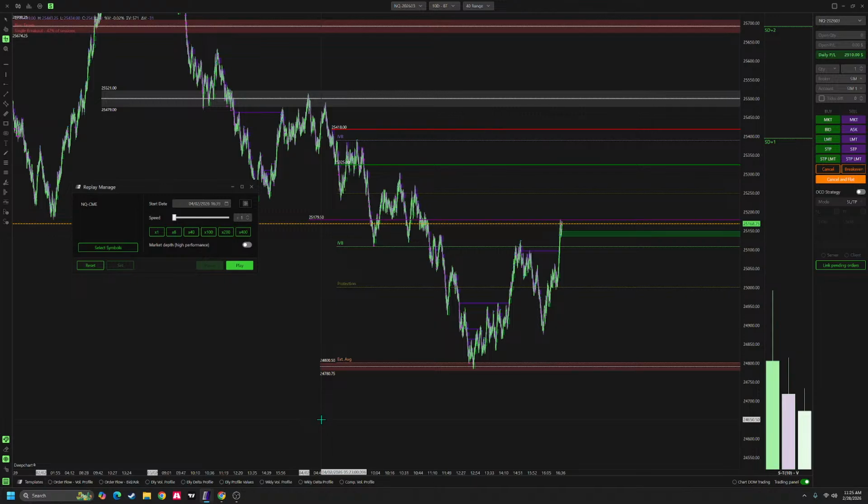Second down, let's try again. As long as you manage that risk, and especially your risk of ruin, just keep at it. Keep going, because it's 100% possible to be profitable in this game. If you just put in the time, the effort, and the work, and you have your tools